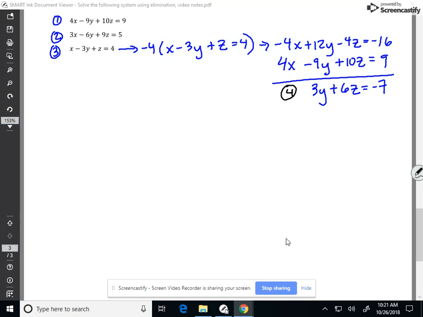So now I got to go back to my other two equations and I got to pick a new pair. Okay, so looking at equation 2 and 3, I want to try to eliminate x again. So I'm going to take equation 3 and multiply it by -3. Okay, so this is going to give me -3x plus 9y minus 3z equals -12. And if I add that to equation 2,